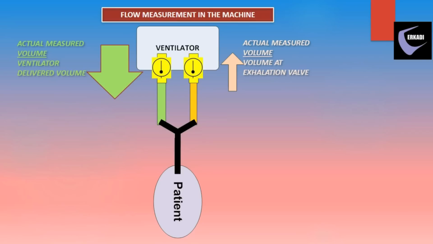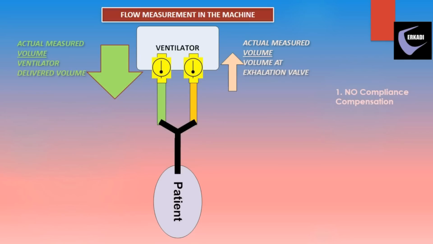The ventilators that measure the flow and therefore the volume are of two types. There are some that do not do compliance compensation. They merely report the gas volume that leaves the machine and the gas volume that flows past the exhalation valve. These are clearly different from the volumes that the patient takes in or exhales. To institute lung protective measures based on these volumes and flows may not be the most optimum or even safe.